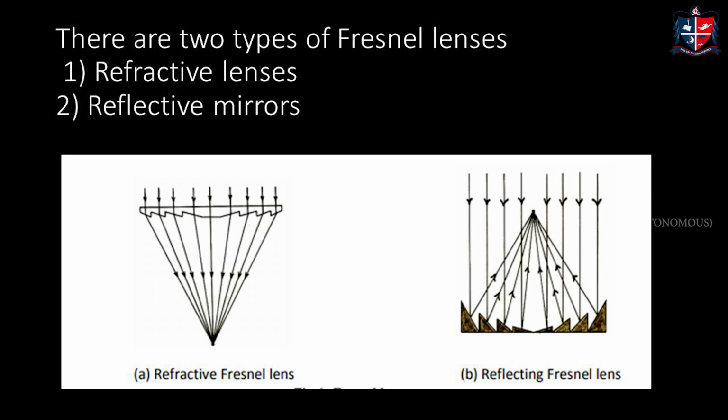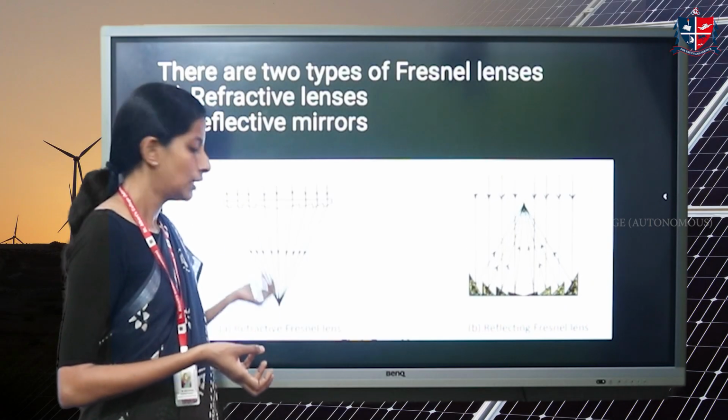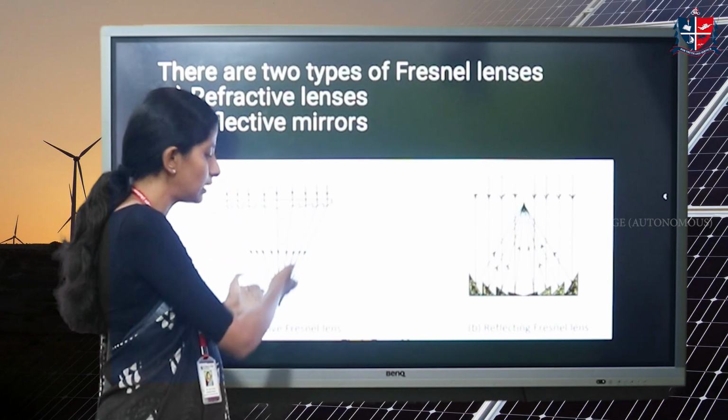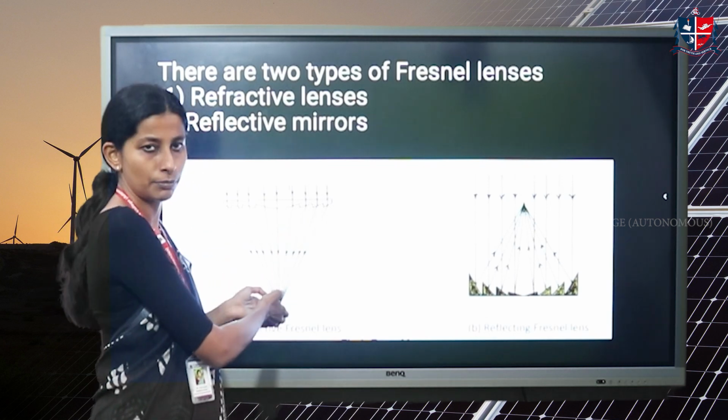This point will have the receiver or the absorber. The absorber or the receiver is carrying the fluid which has to be heated. Air, water, or whatever material. It could even be the food. In the case of a solar cooker, the material to be heated can be placed at the focus point. Each of these linear lenses will reflect the heat to this particular point.